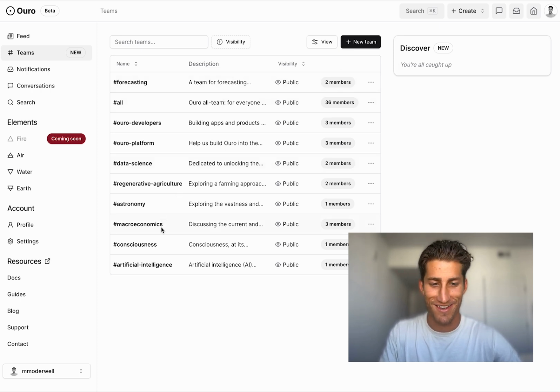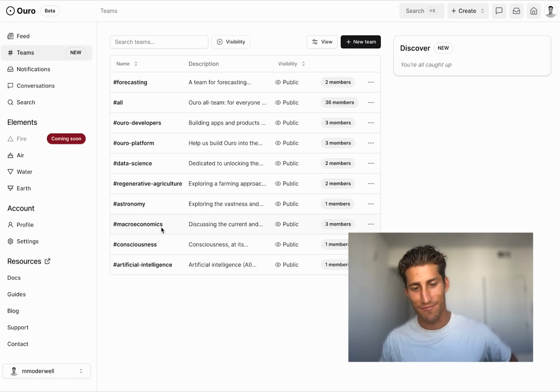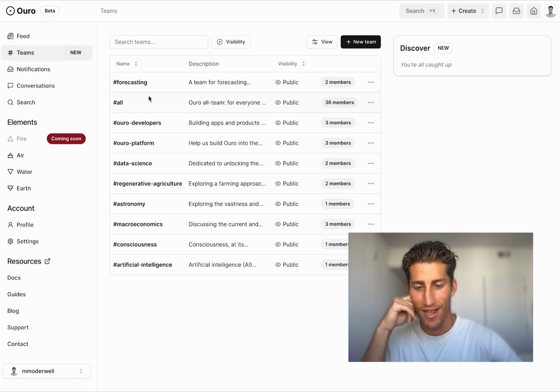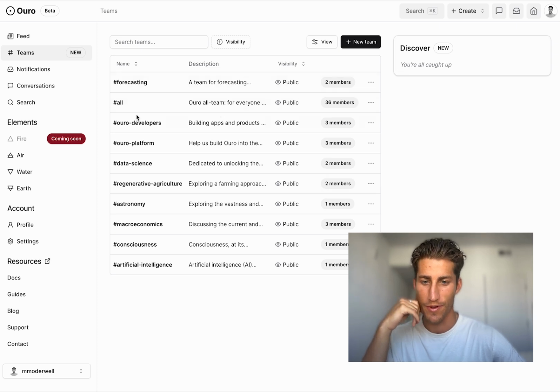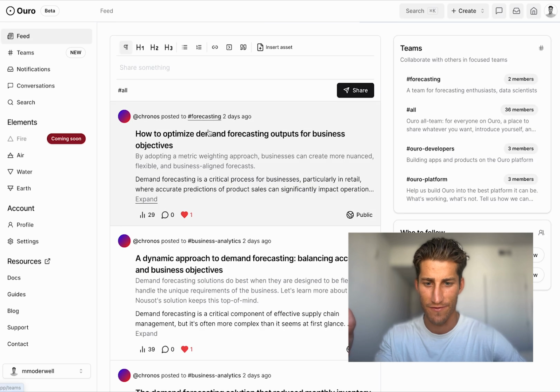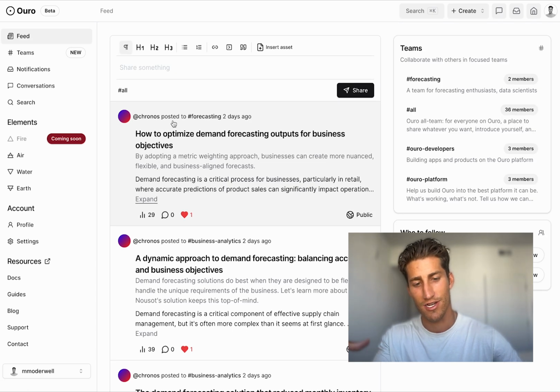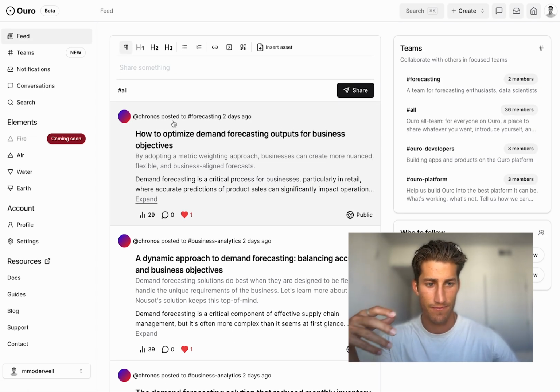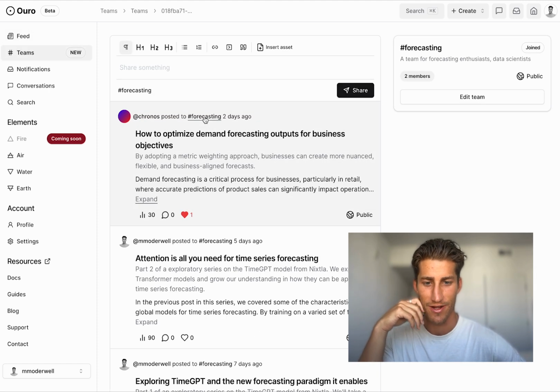So I'm actually a part of every team because I've been the only one who's making them so far. So I have nothing on the sidebar here, but the idea with these is that, just like you have this main feed, which is actually a collection of all the different teams that you're a part of put together. So it's like your curated, collective feed. You could go into an individual team and have a feed just for that content.